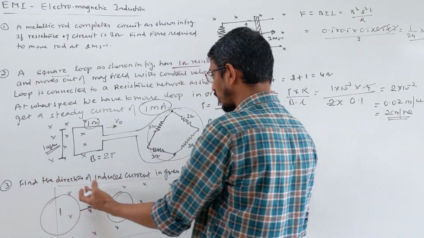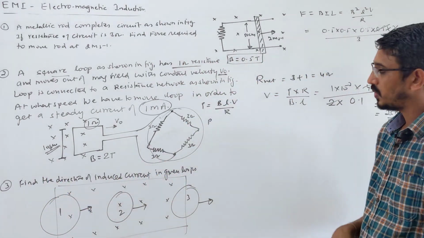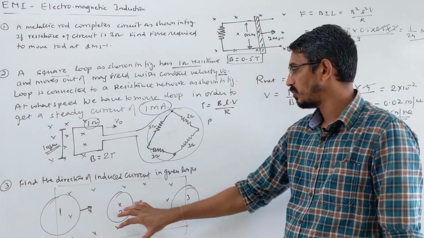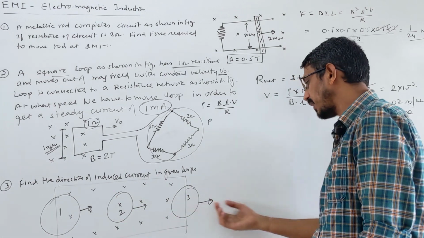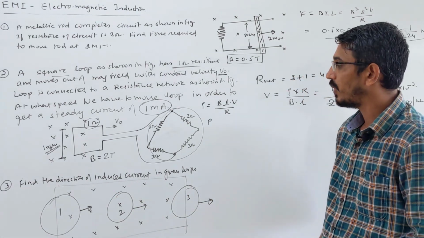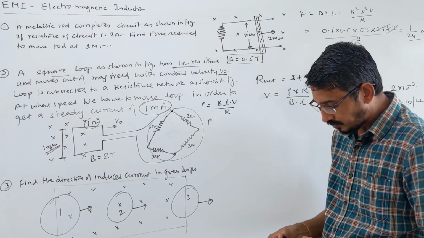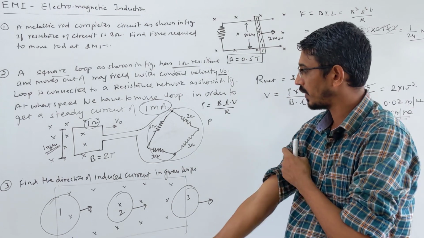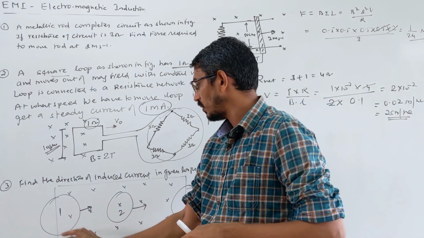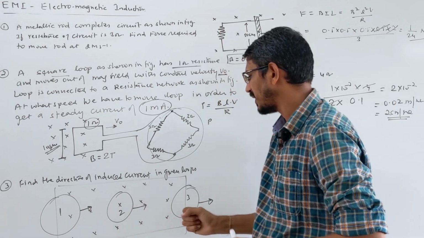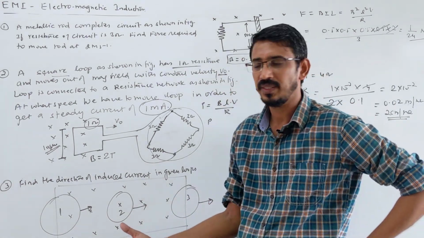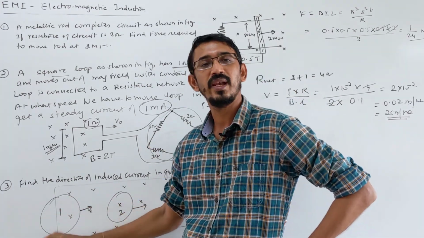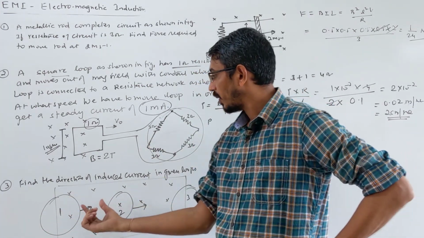They said, find the direction of the induced current in the given loops. So you see 3 loops are given. One loop is entering into the magnetic field, one loop is moving inside that magnetic field, and one loop is coming out of the magnetic field. We want to find direction. Listen carefully. How to find direction? These are loops, not conductors. For a conductor, you have to use your hand rule to find direction of induced EMF. For these general loops, you have to use Lenz's law here.